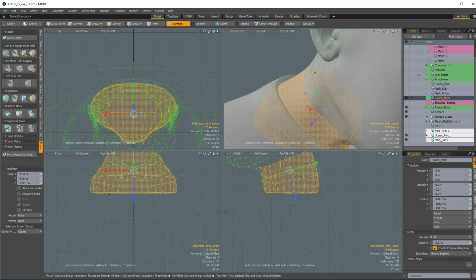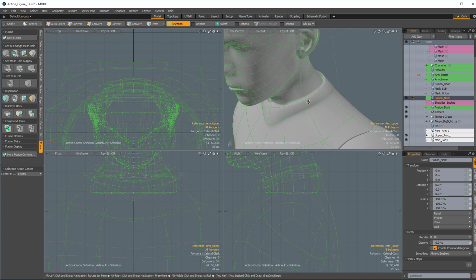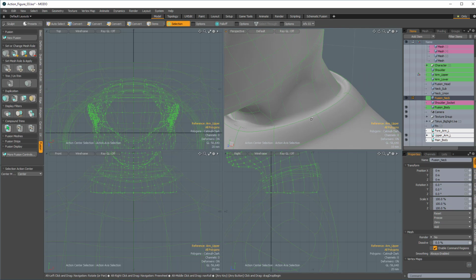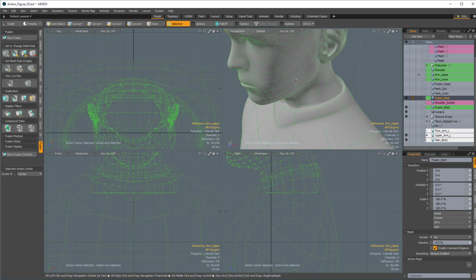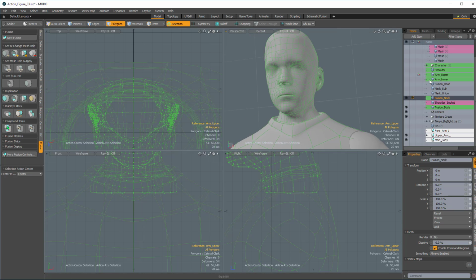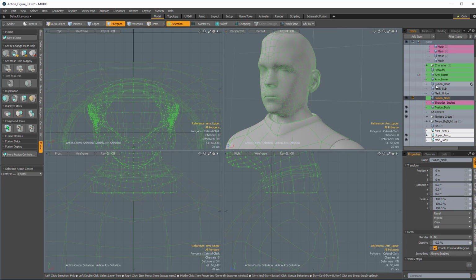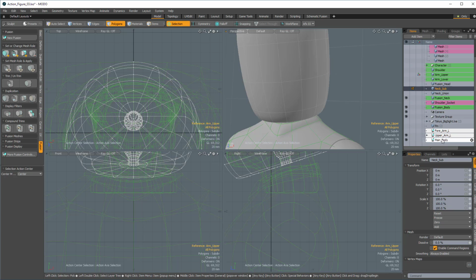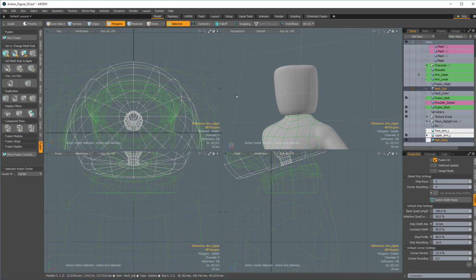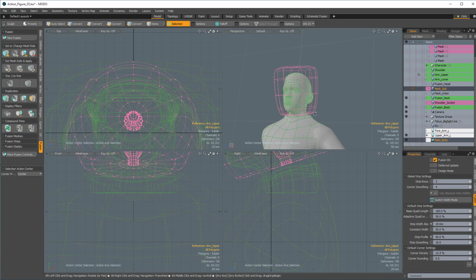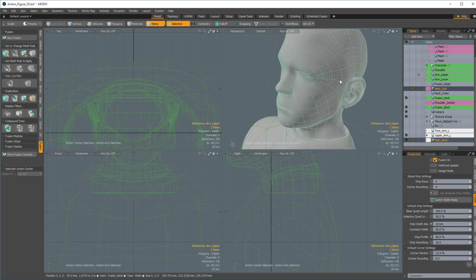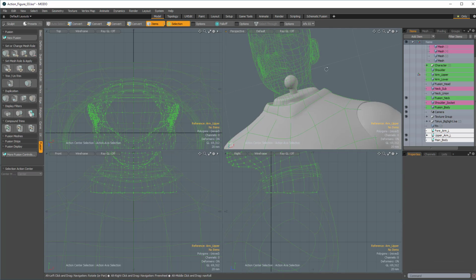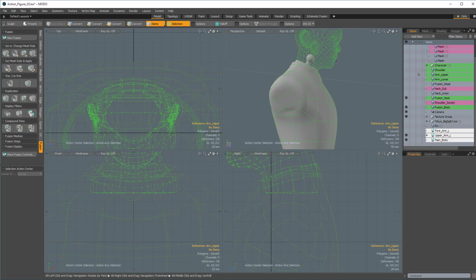So even though Fusion has gotten much better in the way it deals with this stuff, there are still going to be times when you get some weird errors like that, and really it's just going to be the alignment of the pieces. And actually right there, I think that actually works pretty darn well. So now what we can do is I can take our neck subtraction and this part here, and let's go ahead and make that a subtractive item, and then we will shift click on the head and click trim,